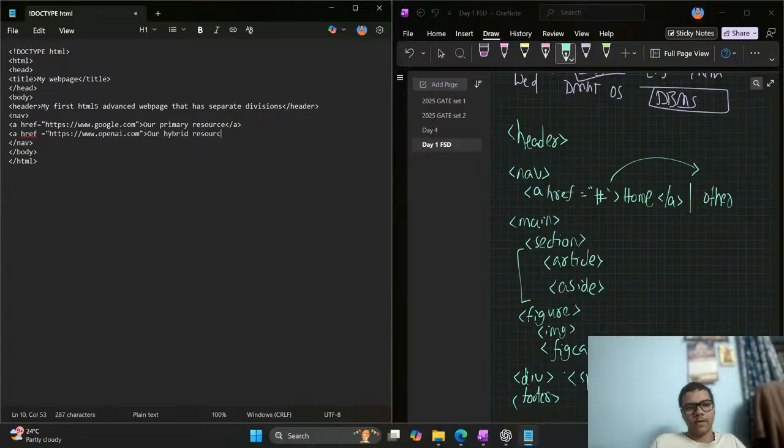Our hybrid resource. Okay, the header section is completed, the navigation section is completed, and inside the main,